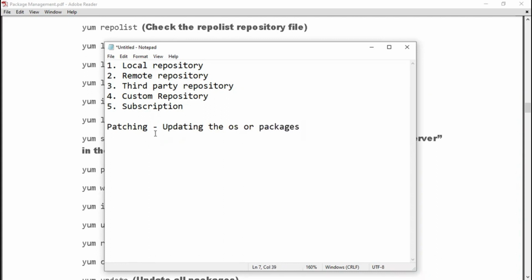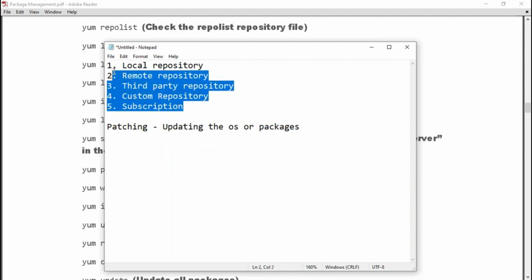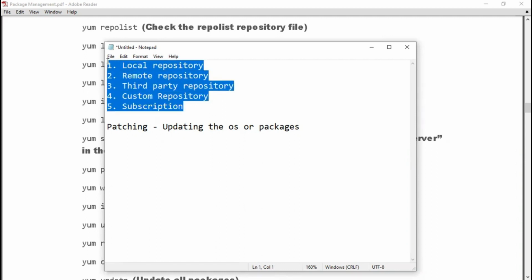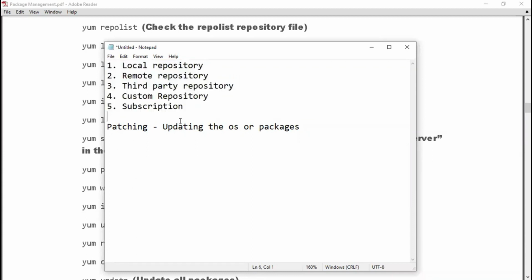So when you want to update your operating system or any packages, we need a repository in any of these ways, means either you should have a local repository, remote repository, third party repository, custom repository, or subscription, any of them. Then when you start updating your operating system or your packages, that will be called patching, right? But the important thing is,